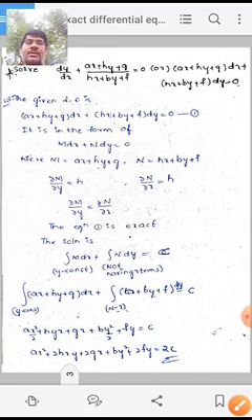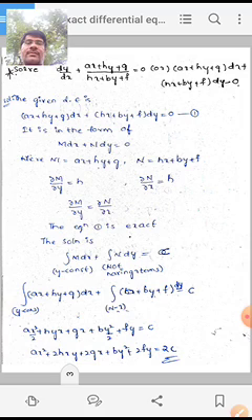Here, solve the differential equation dy by dx plus (ax plus hy plus g) by (hx plus by plus f) is equal to 0, or (ax plus hy plus g) dx plus (hx plus by plus f) dy equal to 0. Here this is in the form M dx plus N dy is equal to 0. Here M is ax plus hy plus g, and N is hx plus by plus f.